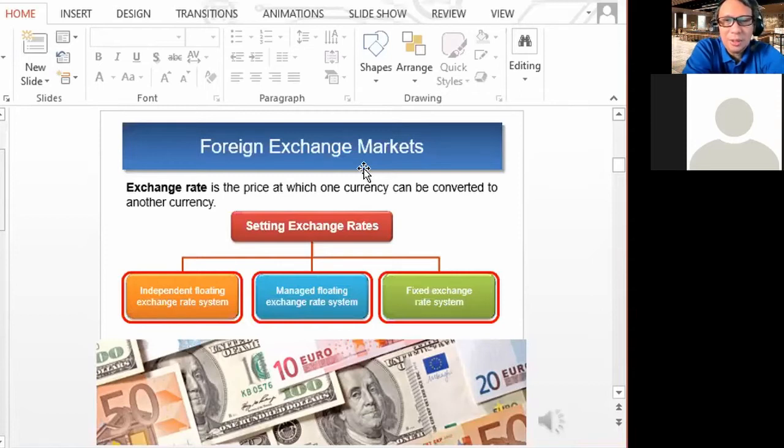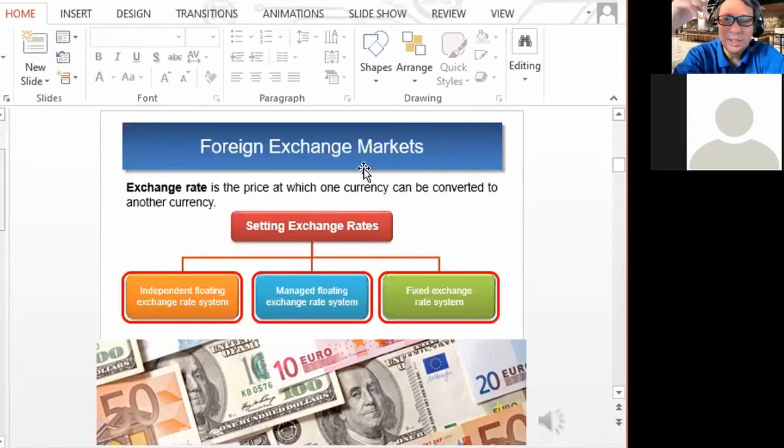I also want to clarify that a currency can actually appreciate or depreciate relative to another currency. So the Philippine peso can depreciate against the dollar, for example, and appreciate against the dollar. When the Philippine peso depreciates against the dollar, you will notice that the number goes up, or the nominal price of the dollar goes up. It depreciates. Nagmamahal, ibig sabihin. The dollar becomes more expensive. So be careful because it's counterintuitive.